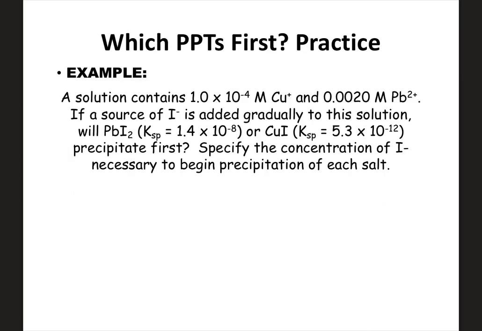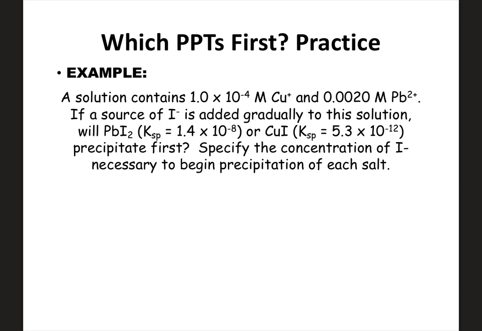All right, so in this example, they're telling us that a solution contains a certain amount of Cu+ ion and Pb2+ ion. And they're saying we're adding some source of I- gradually to this solution, and they want to know, will PbI2 or CuI precipitate out first? And they also want us to give the concentration of the I- that will be necessary to make these substances precipitate. Okay, so according to the steps, the first thing we do is we write the Ksp